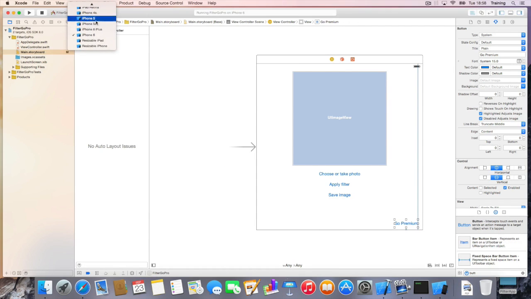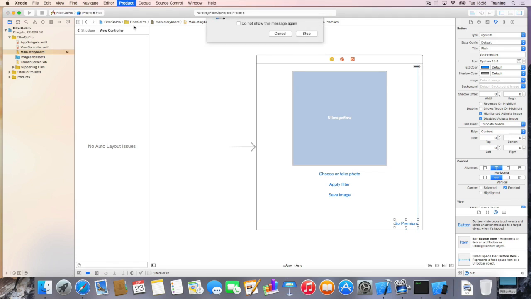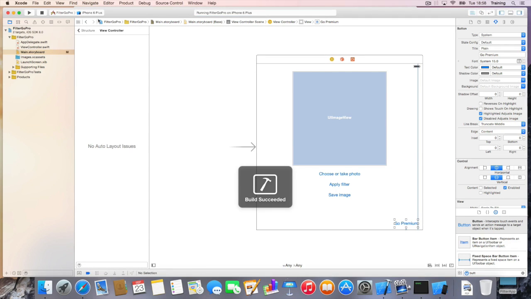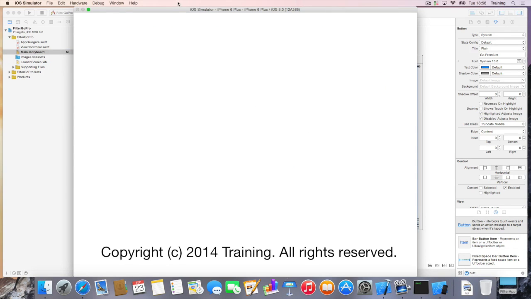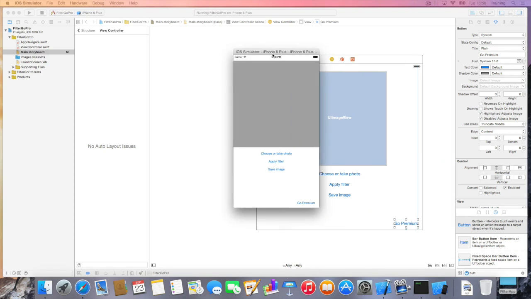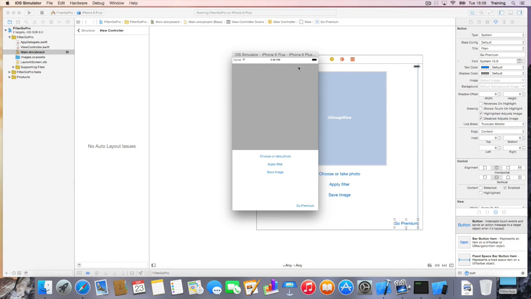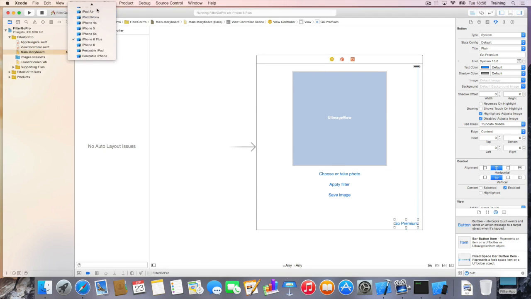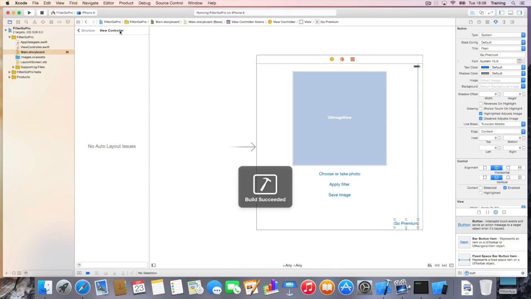And if we have a look at it, let's say on the 6 Plus, which is really big, it also looks very nice. So let's go back to the 6, run again,